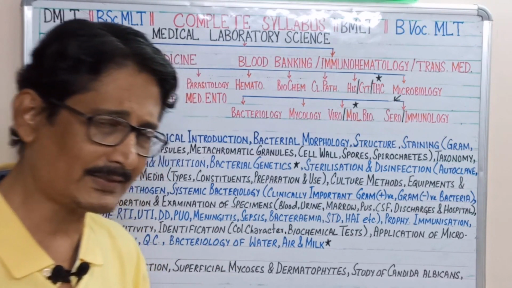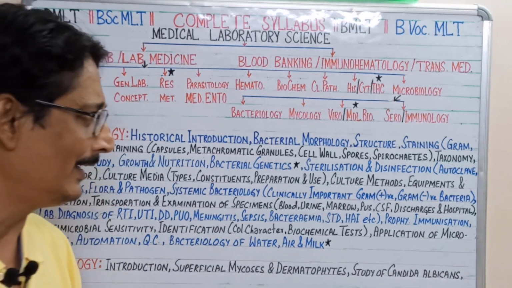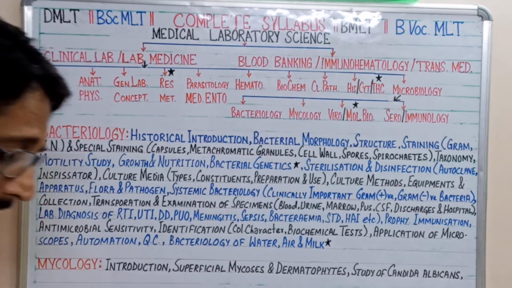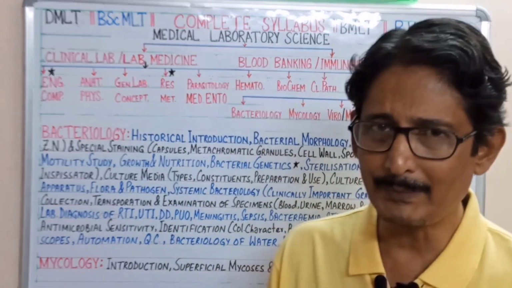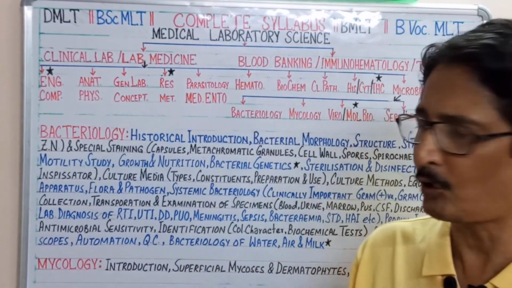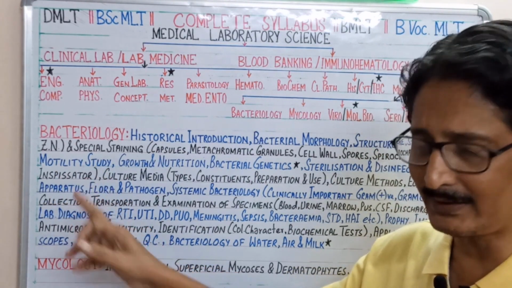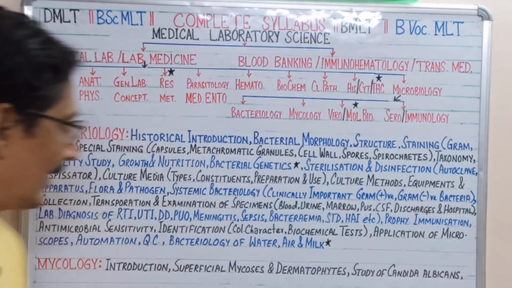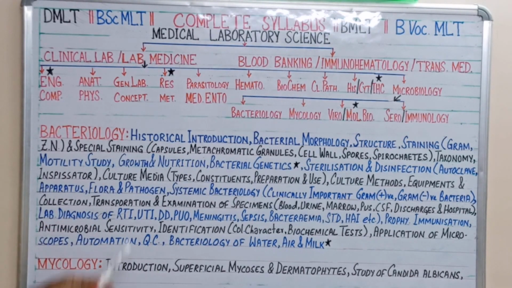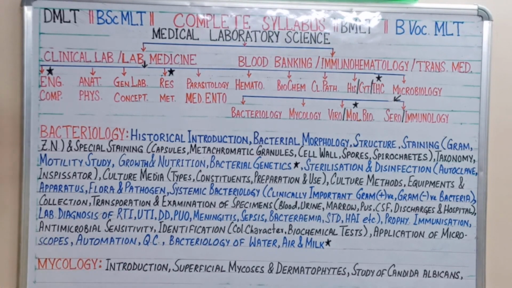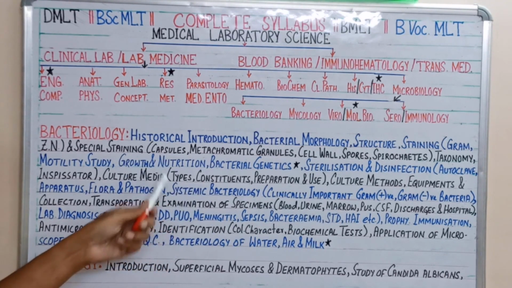In the taxonomy section we have to study the nomenclature and the groupings of the bacteria. In the motility study, the main thing is that some bacteria have the character of locomotion, so to study that we use a special type of test for the motility of a bacteria. And we have to study growth and nutrition, because bacteria need some special nutrition for their growth. Why we should study that, I will discuss later.